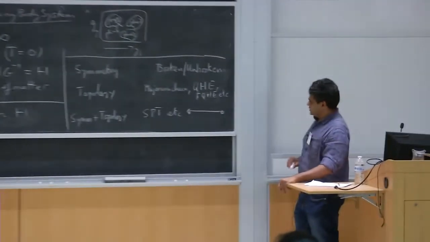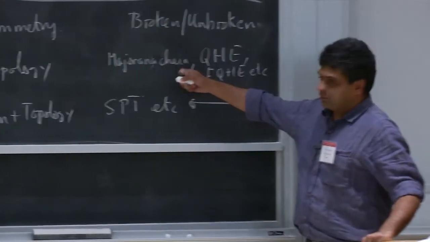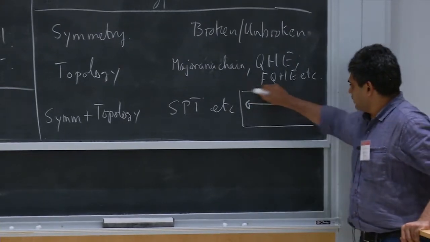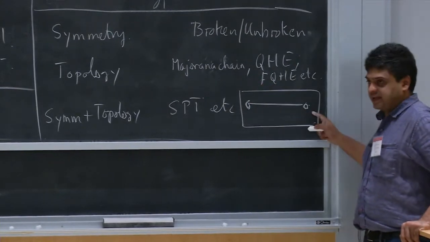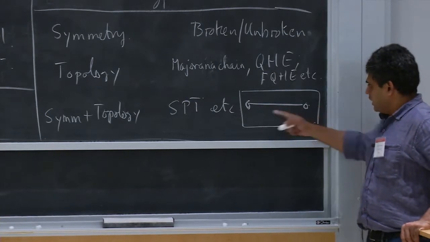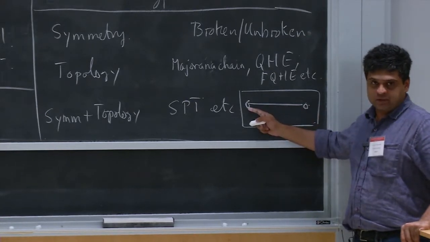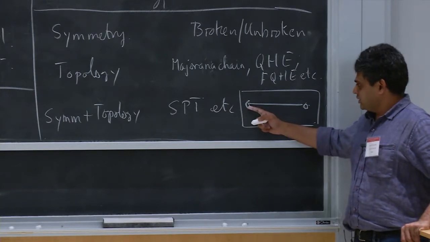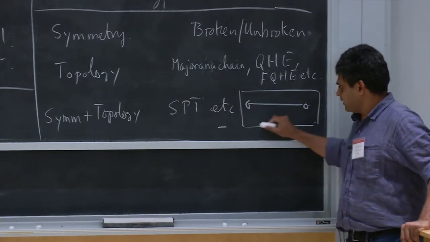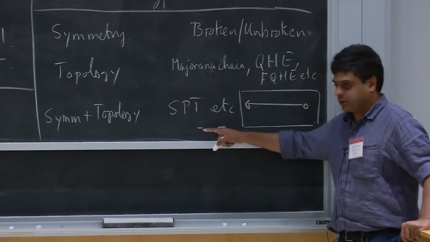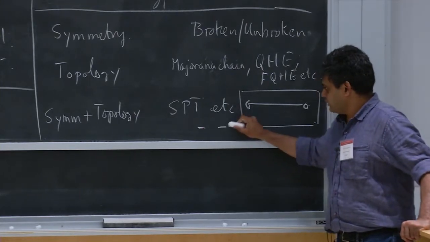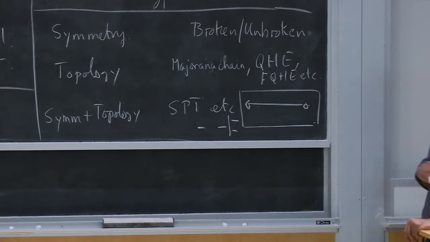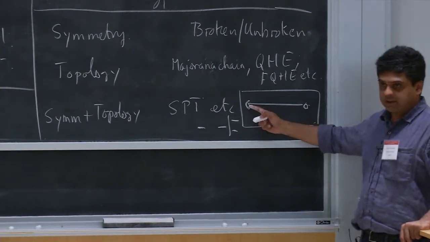So to give you a very quick example, I see some sort of skeptical faces, but if you think about the Majorana chain, I'm sure all of you have seen this before. You have a superconducting chain with these zero modes at the ends, Majorana zero modes. These are exactly at zero energy, and the way you argue that they are at zero energy is they can split. If you had a zero energy mode and it comes in contact with another zero energy mode, the two of them can repel each other and end up splitting.